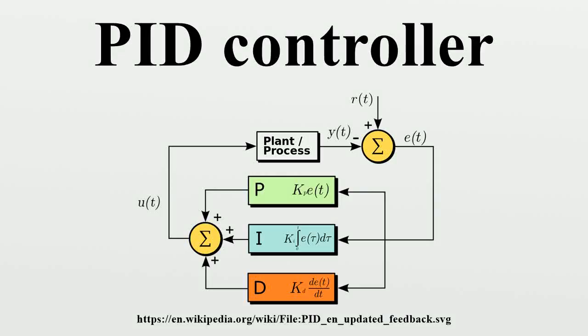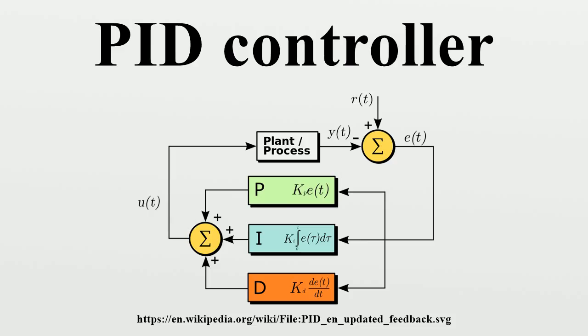A proportional integral derivative controller is a control loop feedback mechanism commonly used in industrial control systems. A PID controller continuously calculates an error value as the difference between the measured process variable and a desired set point. The controller attempts to minimize the error over time by adjustment of a control variable, such as the position of a control valve, a damper, or the power supplied to a heating element, to a new value determined by